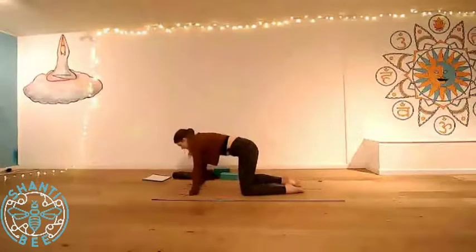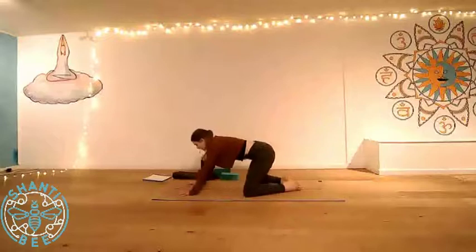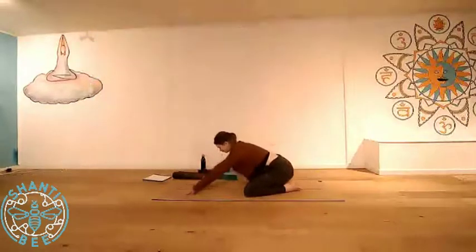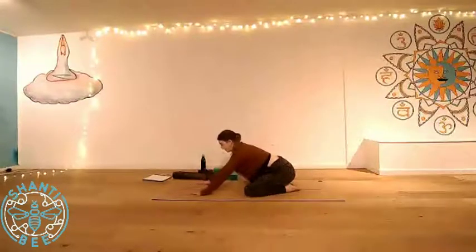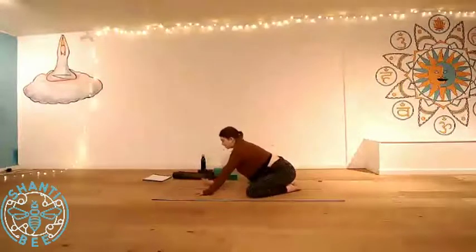So you can take the knees a little bit wider. See if you can bring your big toes to touch. Sinking the weight back towards the heels. Now there's a few options here. So if you would like to create a little bit more space for your bump, you can stay on your